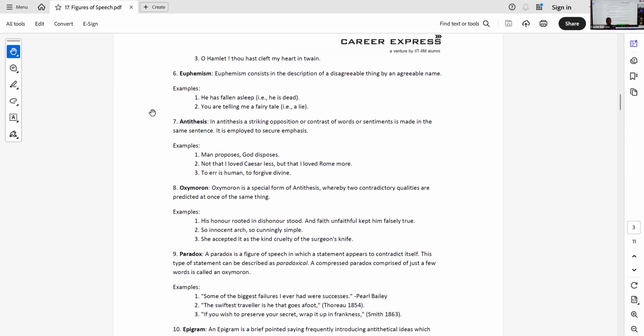Okay. If you've heard of JF Kennedy, have you heard of this? The president, ex-president of USA. He once gave a very famous speech and he said, ask not what the country can do for you. Ask not what the country can do for you. Ask what you can do for the country. Understood? So write down, ask not what the country can do for you. Ask what you can do for the country. The flip ho gaya na? Contrast. But this has to be in two parallel phrases.